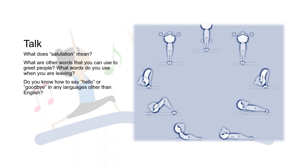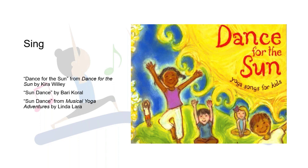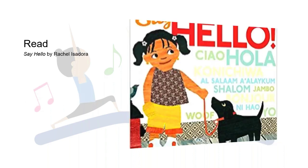And now we go into the movement. And as we do the movement, maybe we sing along. Maybe we try out one of these different sun salutation songs, of which there are many, and use the words of the song to teach us what movements we do and what order we do them in, and to provide the music that we are moving along to. So now we're talking, we're singing, we're moving, and then maybe we finish that up by reading a book